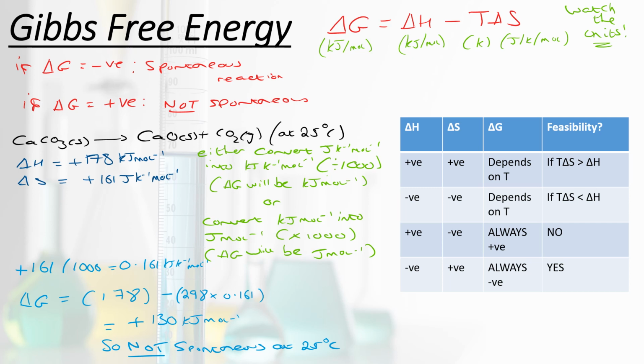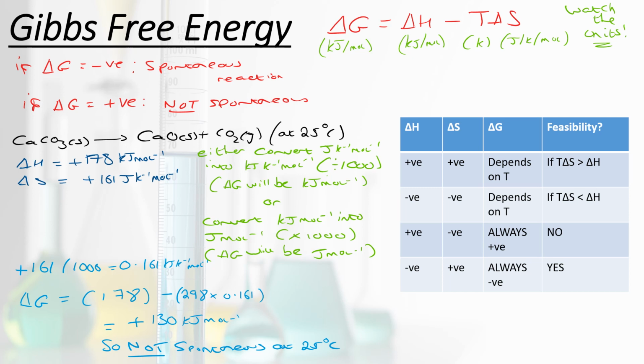We just have to calculate stuff using the system, which is much easier. So our enthalpy change is of the system, our entropy change is of the system. Now it's important to watch the units for this. Gibbs free energy is typically given in kilojoules per mole. It has the same unit as enthalpy, kilojoules per mole. Temperature has to be in Kelvin. It can't be in degrees Celsius. Remember that to get from degrees Celsius to Kelvin, we add 273. And remember that entropy is in joules per Kelvin per mole.